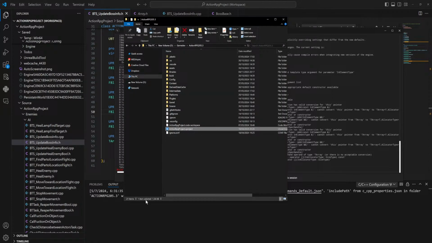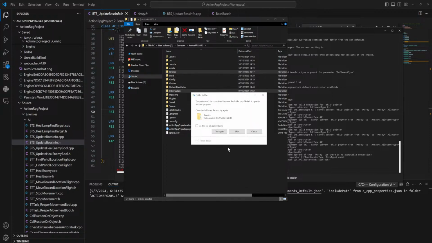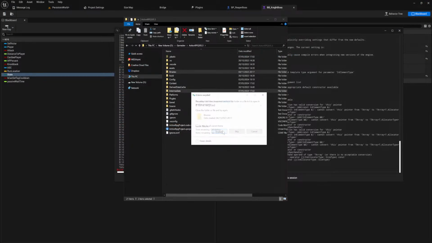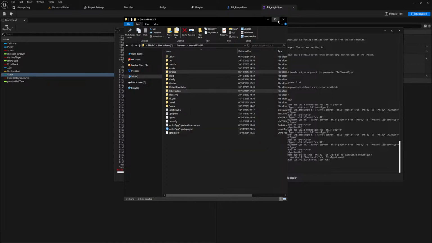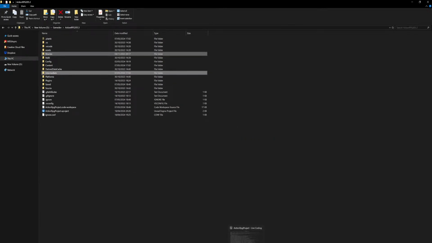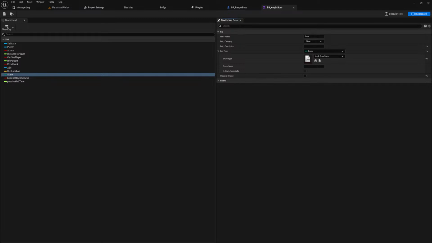But what I was gonna do here is delete our binaries and our intermediate folder. Sometimes you just kind of need to throw those out. Let's close Unreal as well.